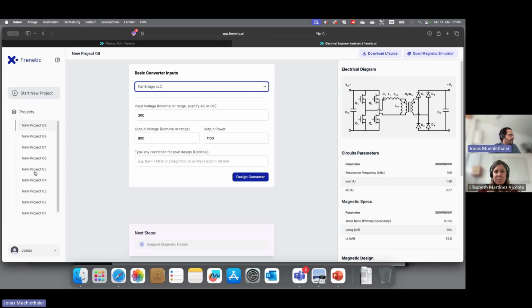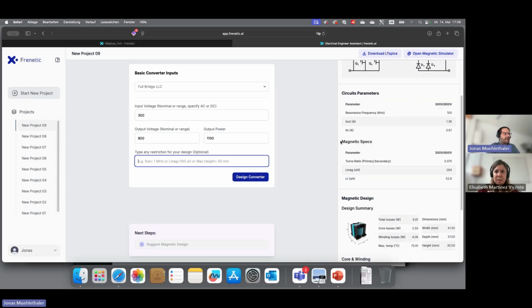New is that you can also save your projects. So start new projects, save projects. You start with your topology, and many more topologies will come here. You put in your requirements and whatever else you like is important. Let's say you want to enforce a switching frequency or something similar, you click one button, design a converter,